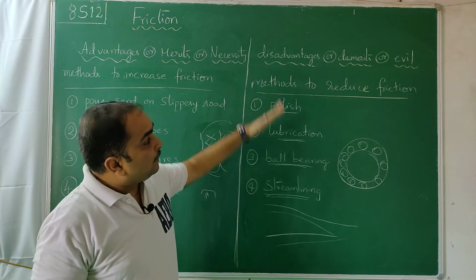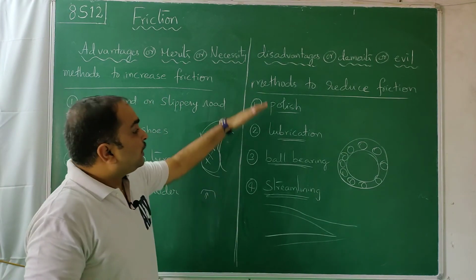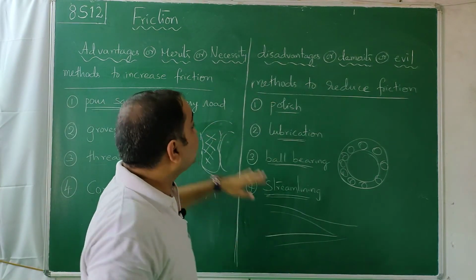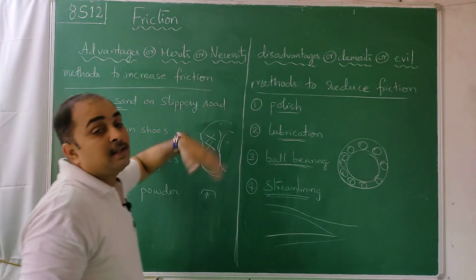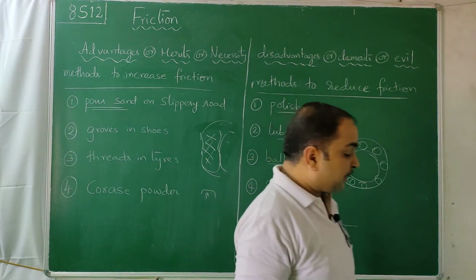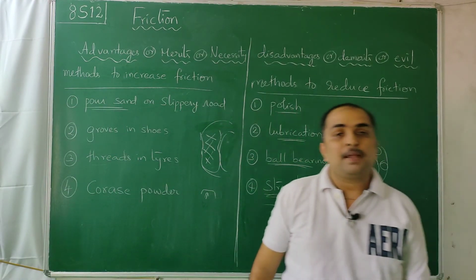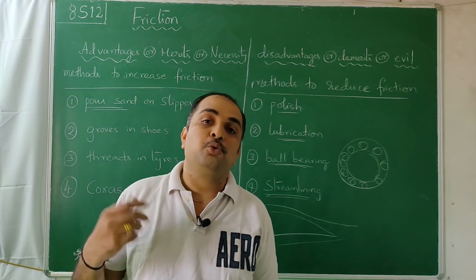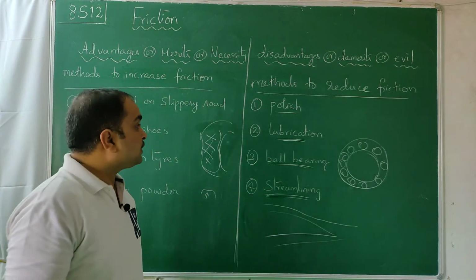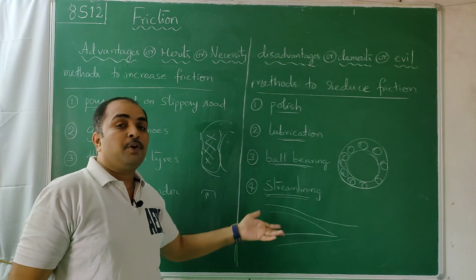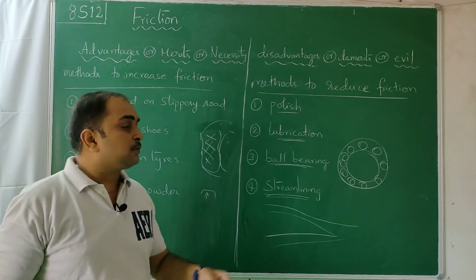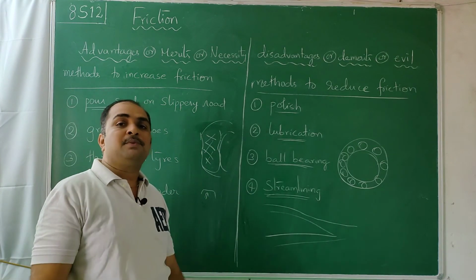Anyhow, when we are learning, we learn all the required things. There are some places where there is an evil or disadvantage, there we reduce the disadvantages. Some places we have advantages or merits, there we increase the merits. So there are some methods to increase the friction, there are some methods to decrease the friction. Read them carefully two or three times, try to write them point-wise to remember them. Actually what happens is, you may write three points, the fourth point you may not get, and if the examination at your school level is for 4 marks, that fourth point you will miss. So write them point-wise, elaboration becomes easy.